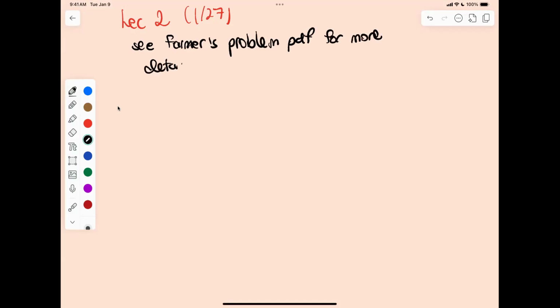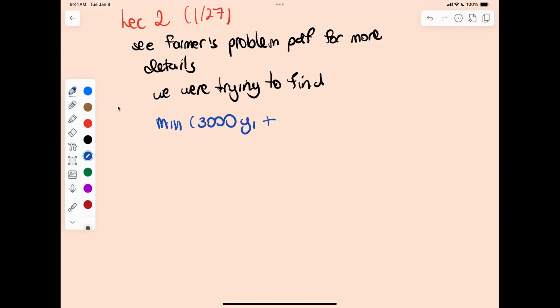The idea is that we were trying to find the mean of 3,000 y1 plus 4,000 y2 plus 5,000 y3